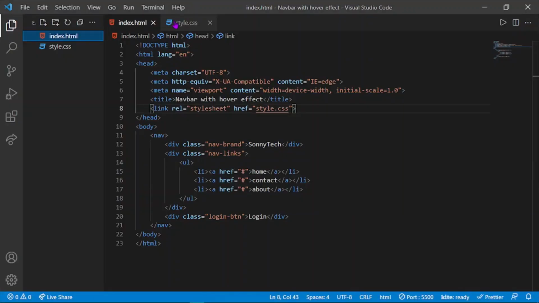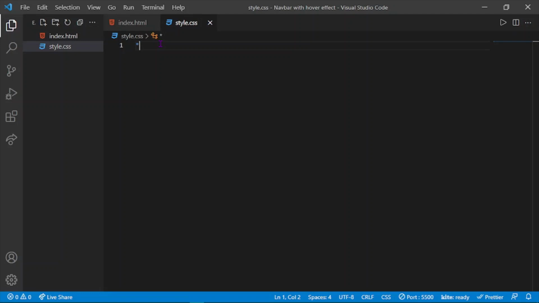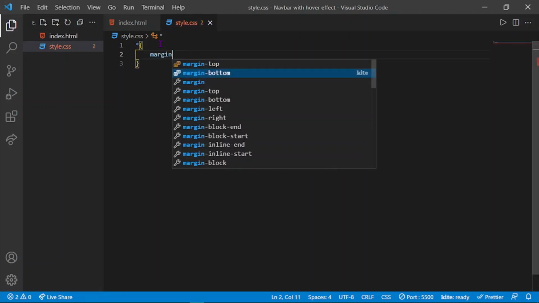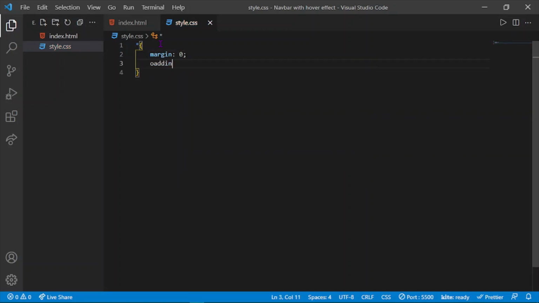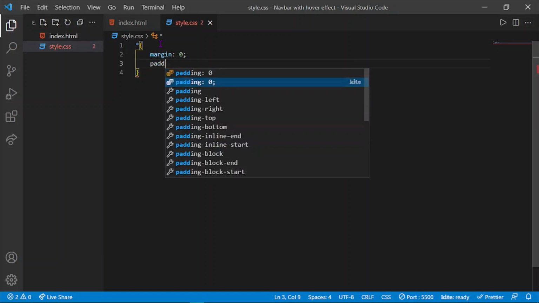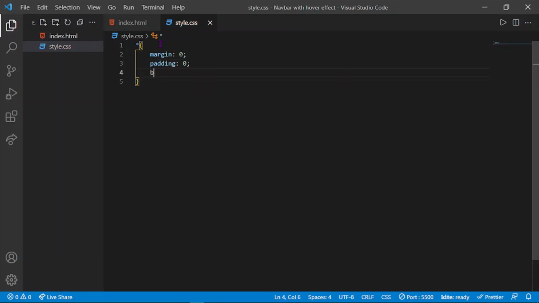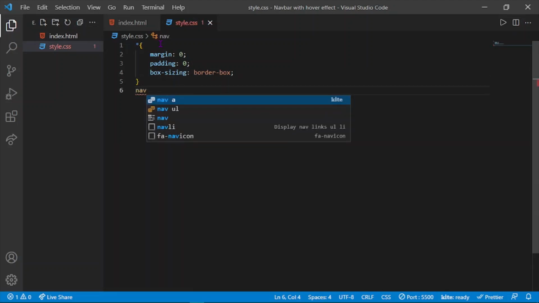Let's move to our CSS. So we can do margin 0. We can do padding. Remove all margins and padding. You can give it a box sizing of border box. Box sizing, border box. And we can also select our nav tag